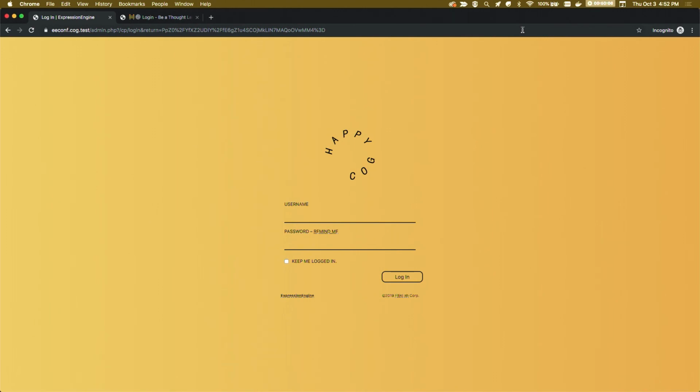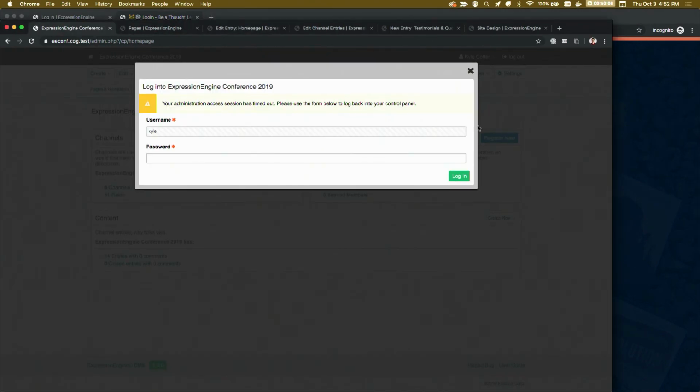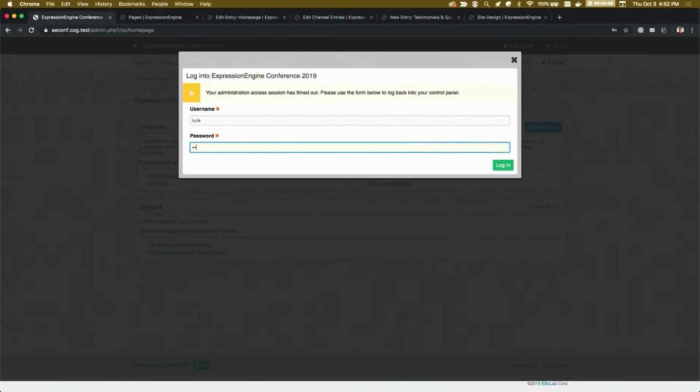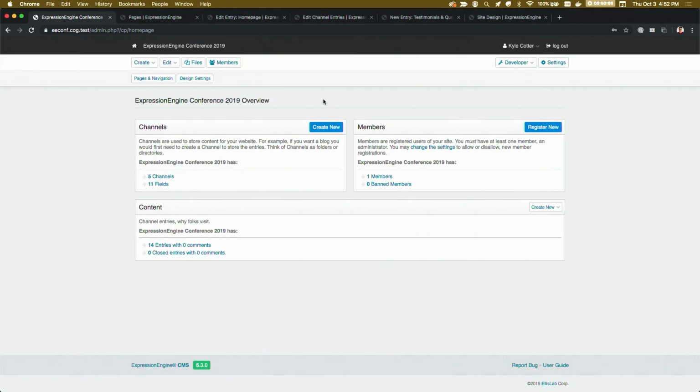Sweet. So, this is our ExpressionEngine custom login screen. We're making it personal. This is the Craft equivalent, custom brand and login screens. Once we get into the content management system, we'll have our familiar dashboard. We'll have some very specific navigation links for the client. We've thought about what they're going to be using most, and we've included those.